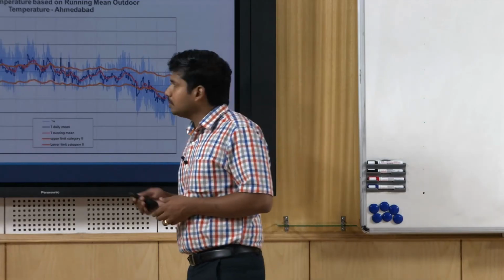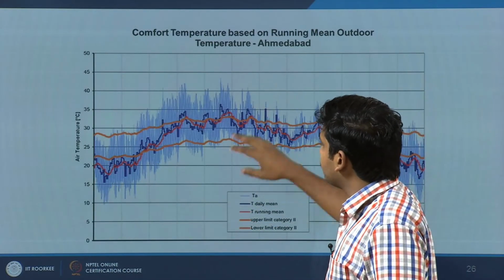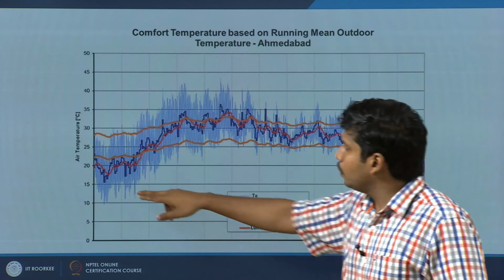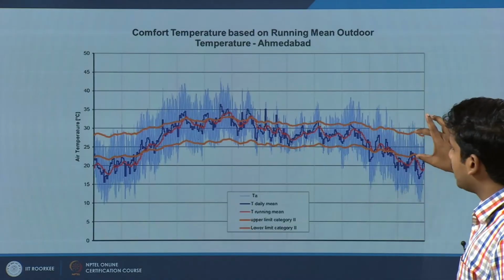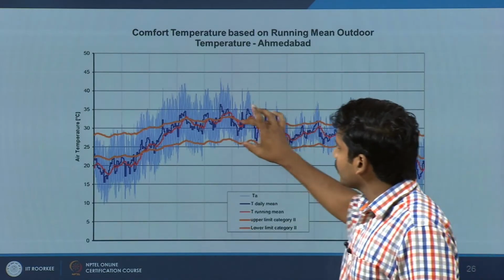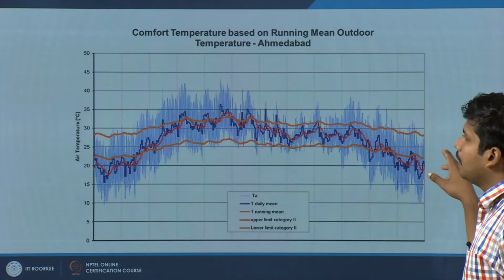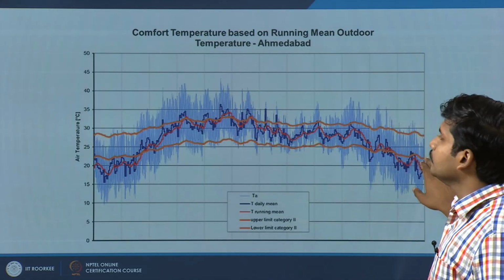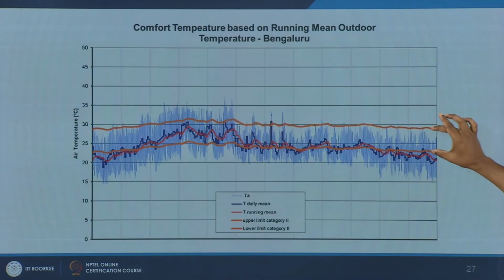Similarly, this is how the comfort band, using the previous equation I showed you, looks for Ahmedabad. The light blue line represents the actual hourly temperature variation, the blue one is the daily mean temperature, the red one is the running mean temperature. This band here tells you the adaptive boundary based on the running mean temperature. So, it continuously varies all through the year, it goes up to around 33 degrees maximum and as low as around 22-23 degrees during winter, and this is the case of Bangalore. The boundary more or less lies similar, but the fluctuations and the spread are different.